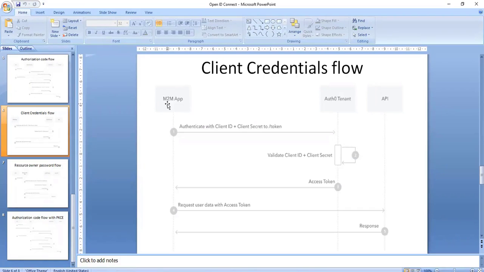How will Okta trust that the automation tool is the one sending these many thousand requests? How will Okta recognize that? At the same time, whenever Okta sends some data back to the automation application, the automation application should trust that it is coming from Okta, so it confirms that it is coming from a genuine source.